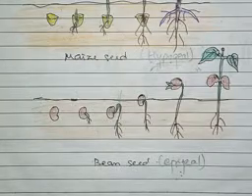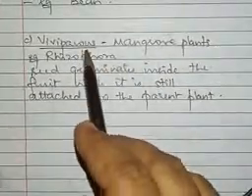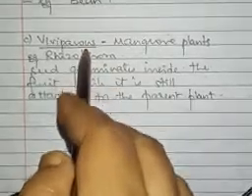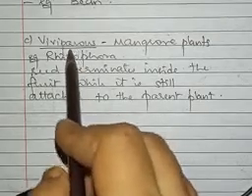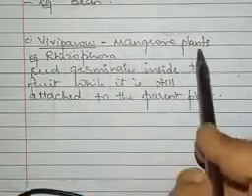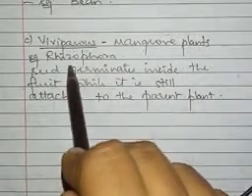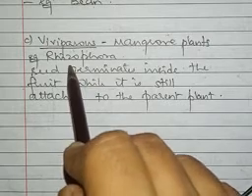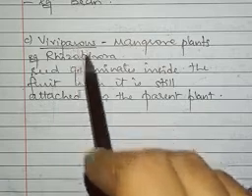After all these things, we are going to study one very interesting aspect, and that is called viviparous germination. Viviparous germination is a special type of germination in which you will observe something very special. This type of germination takes place in mangrove plants. The example given over here is Rhizophora mucronata. Rhizophora and others are mangrove plants.